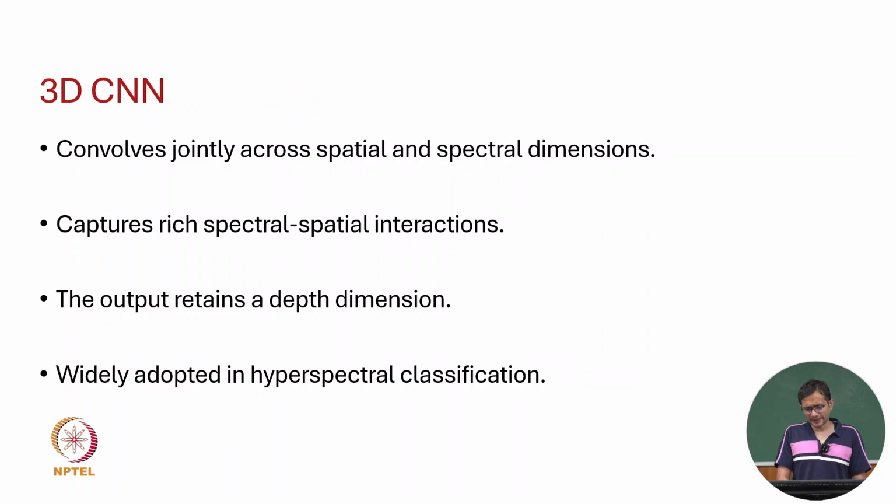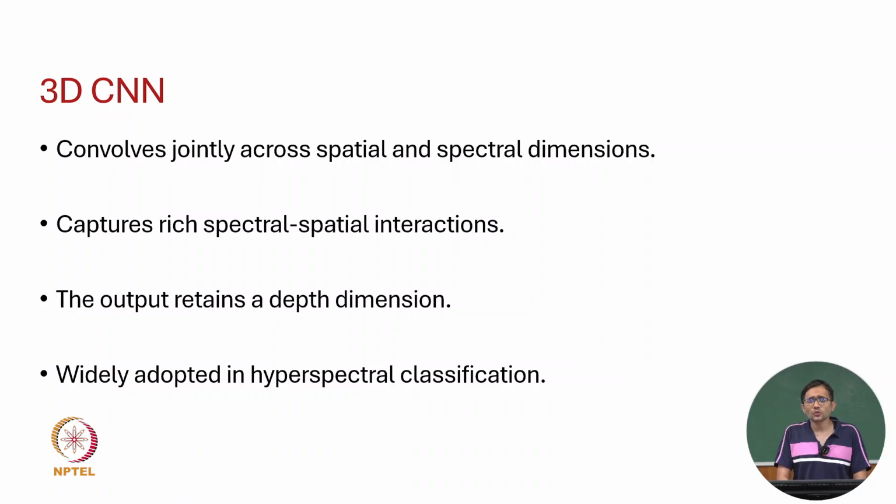Okay, so we have already seen 1D CNN, we have already seen 2D CNN, and we have also seen this channel attention, which we are saying that if we wanted to have some kind of channel importance idea on top of this, channel attention can be used. Now, let us move ahead to another version of the CNN called 3D CNN,